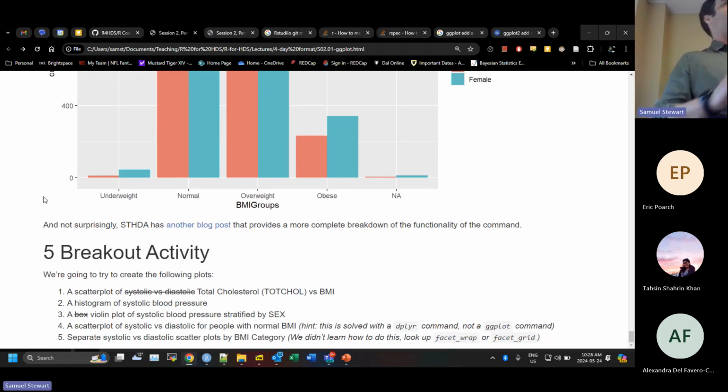And not surprisingly, I linked to the third SDHDA. Like I said, SDHDA is really, really useful for learning the basics. And by the basics, I mean the basic geom_ functions